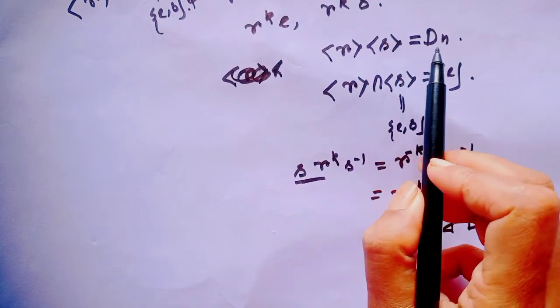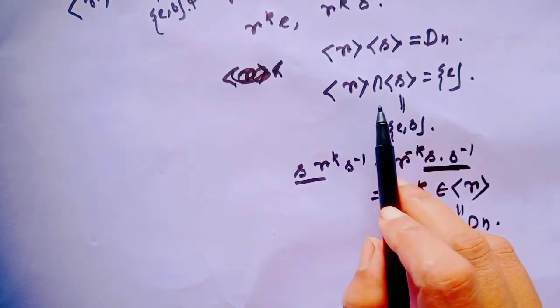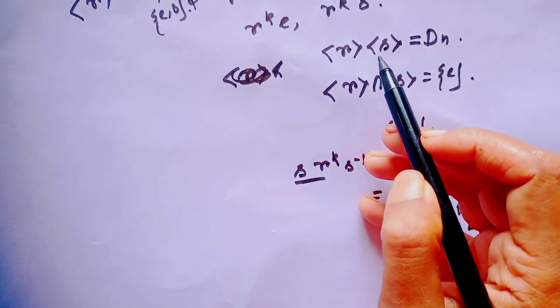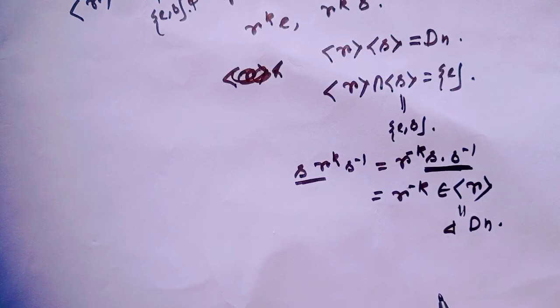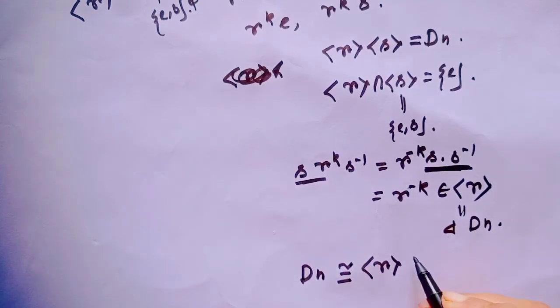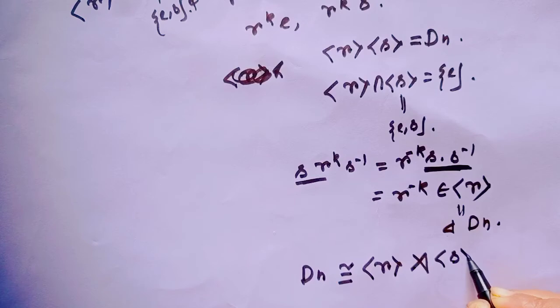The product is the whole group Dn, the intersection of these subgroups is identity, and the cyclic subgroup generated by R is a normal subgroup in Dn. So we can tell Dn is isomorphic to the cyclic subgroup generated by R, semi-direct product the cyclic subgroup generated by S,